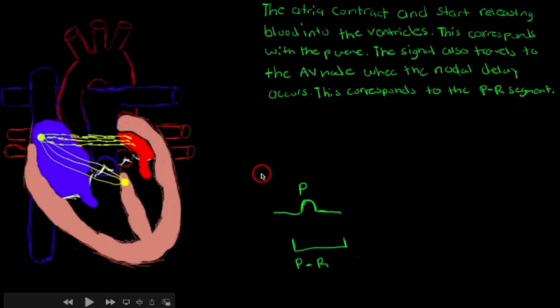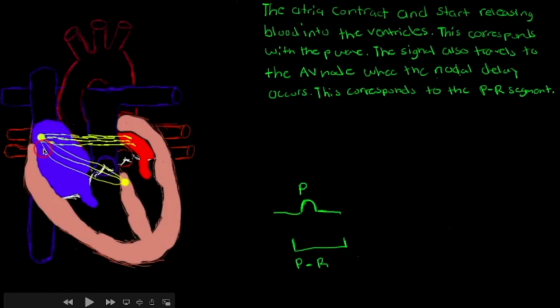So after the atria depolarize, they start to contract. And when they start to contract, they start to release blood from both of the atria into the ventricles. So this again still corresponds with the P wave. When the atria depolarize and when the atria contract, the P wave shows up on the EKG. So as we know from the last video, the